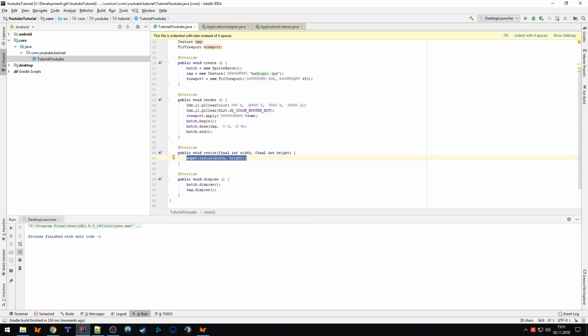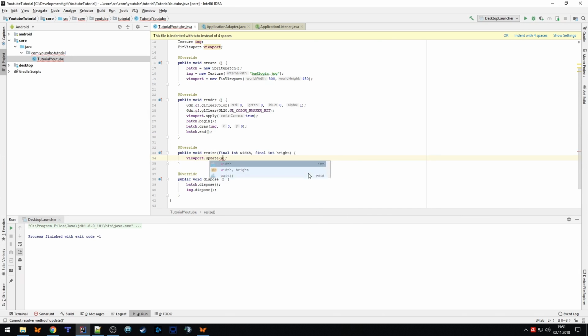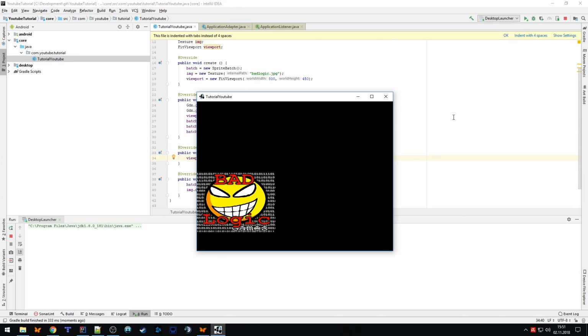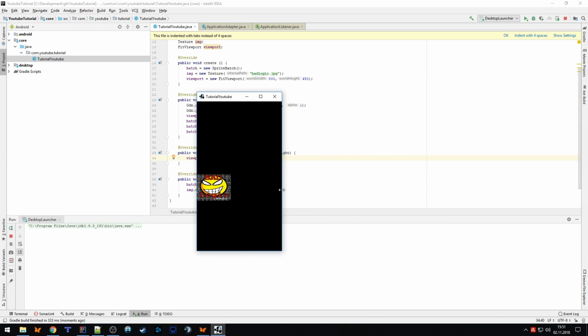So what we need to do is then viewport update, yes, width and height. Wonderful. And now let's check it again. Okay, so what you can see here, it's a little bit off the bottom left corner, let's say. So we are here a little bit up now, but it's always a square.